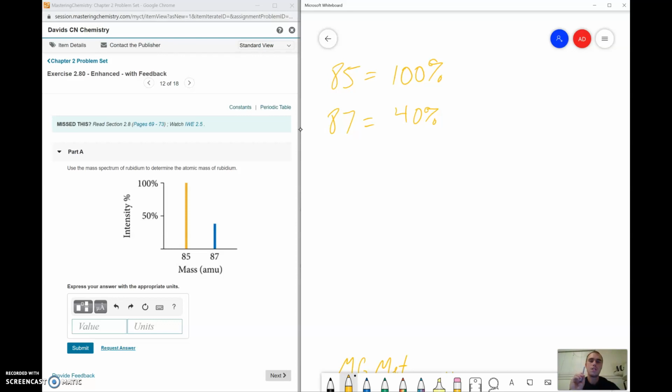Okay? What we need to do is find a total intensity for both isotopes. Because rubidium 85 and 87 are different isotopes, but we need to find a total. So we just add them together and we're going to get 140%. It's okay that this number right here is more than 100%. We're not worried about that right now. Okay? So that's my total. Now I need to find the percentage of each isotope out of the total. So I'm going to take 100% divided by the total, and then I'm going to take 40% divided by the total. And that's going to give me my percentages for rubidium 85